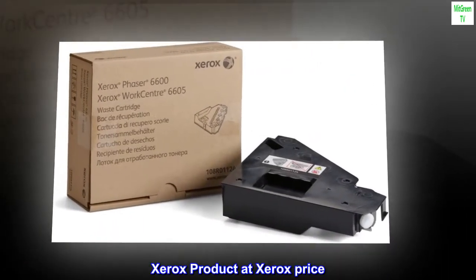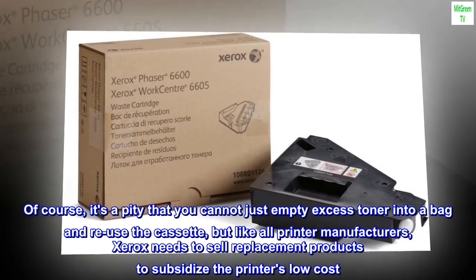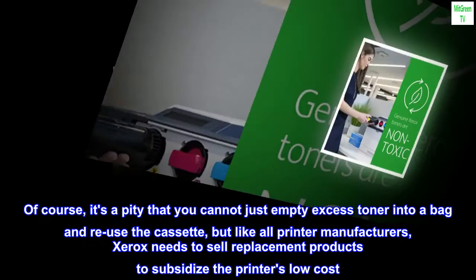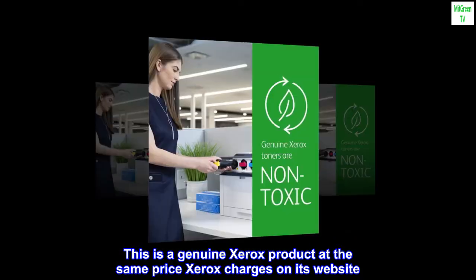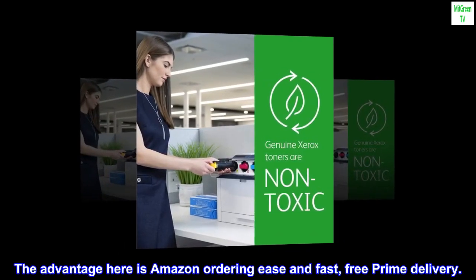Xerox product at Xerox price. Of course, it's a pity that you cannot just empty excess toner into a bag and reuse the cassette, but like all printer manufacturers, Xerox needs to sell replacement products to subsidize the printer's low cost. This is a genuine Xerox product at the same price Xerox charges on its website. The advantage here is Amazon ordering ease and fast, free Prime delivery,